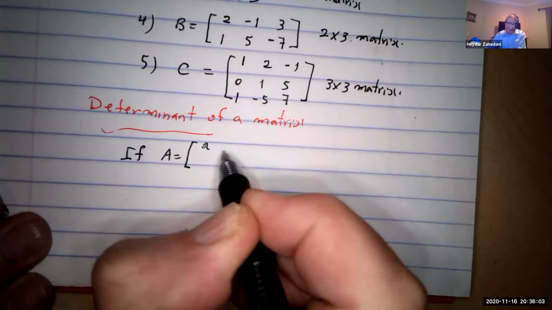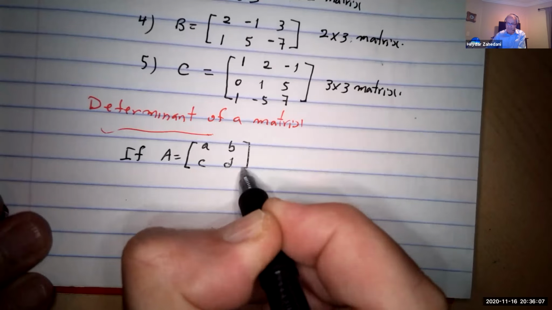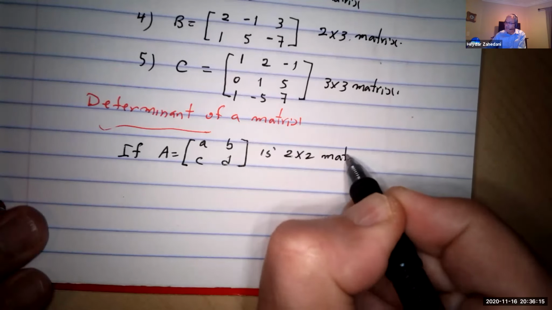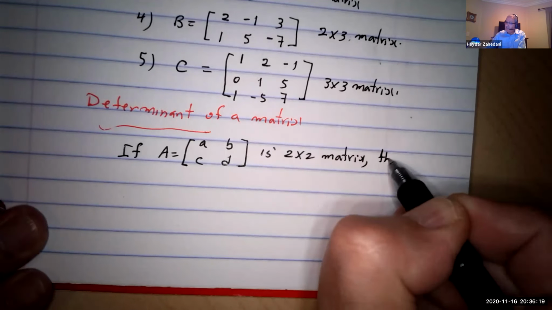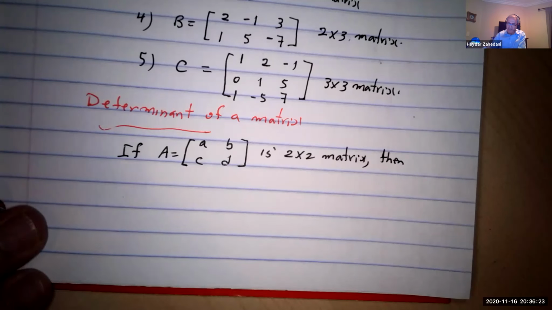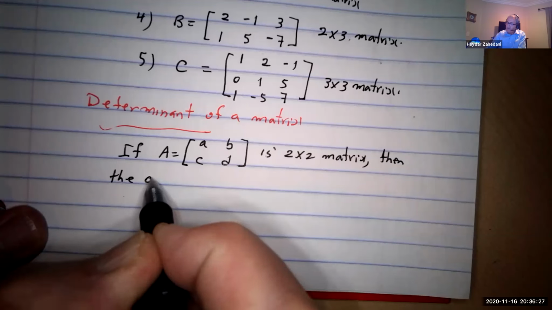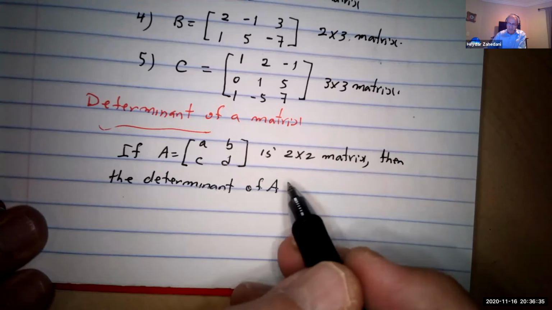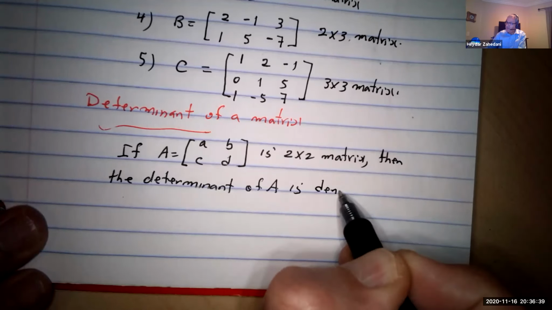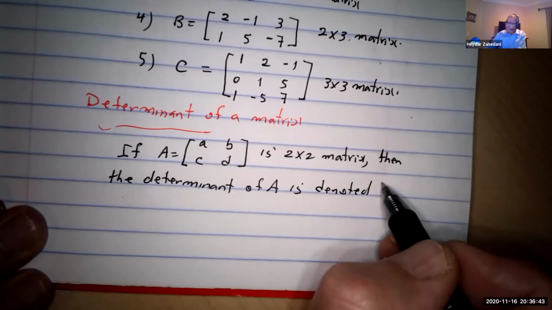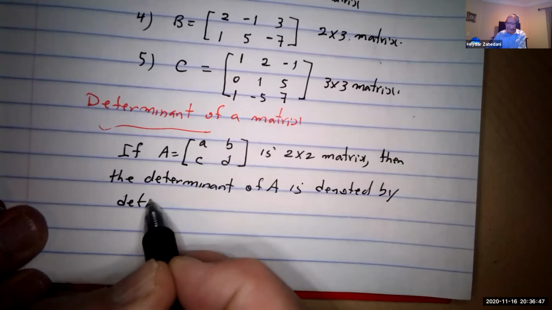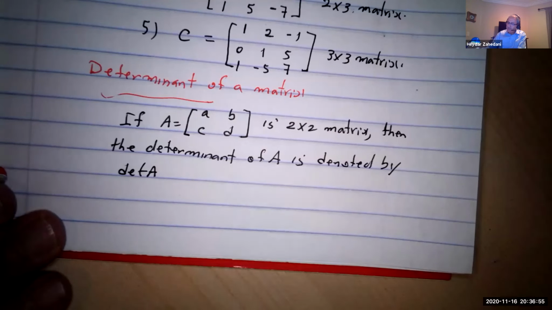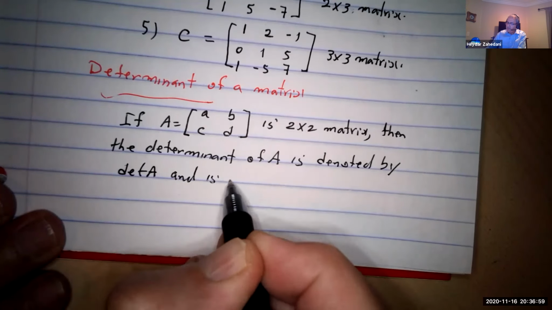If A is equal to the matrix A, B, C, D, which is a 2 by 2 matrix, then the determinant of A is denoted by different notations. We can say the determinant of A is denoted by det A, and is defined by,